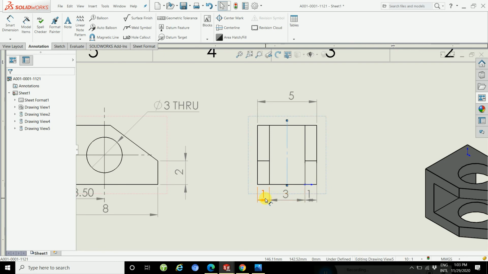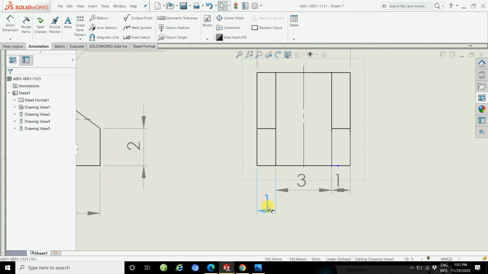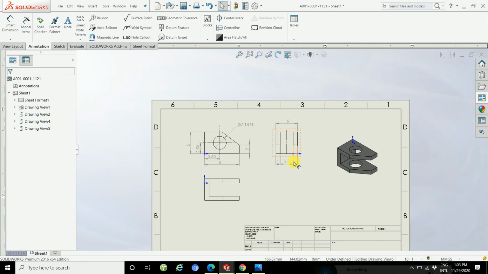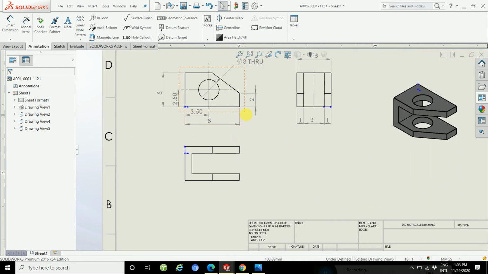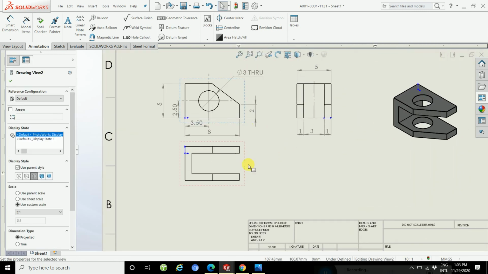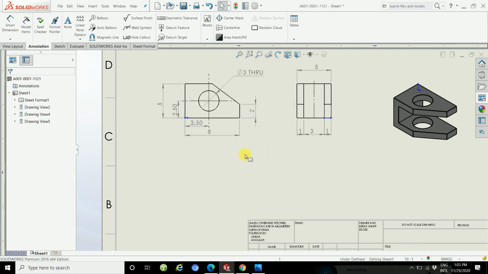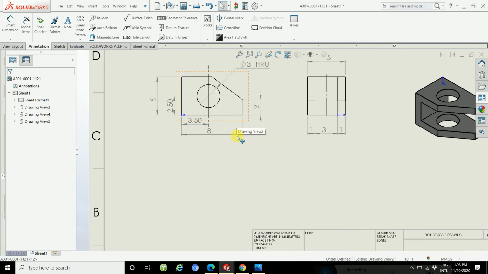Okay, and then adjust your dimension. No need for this view. Enough.